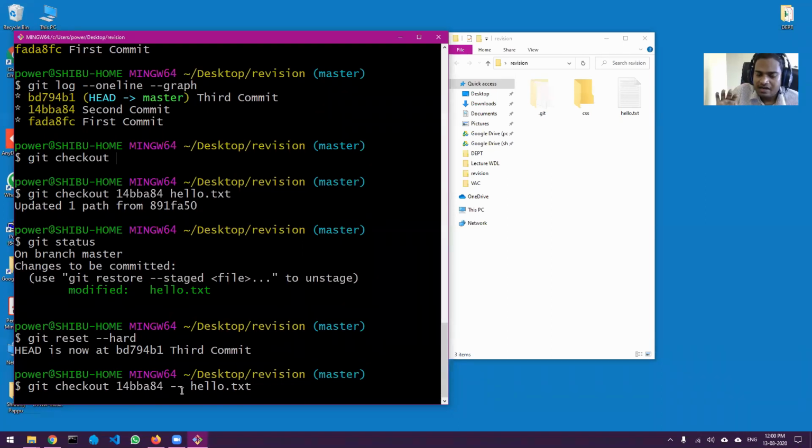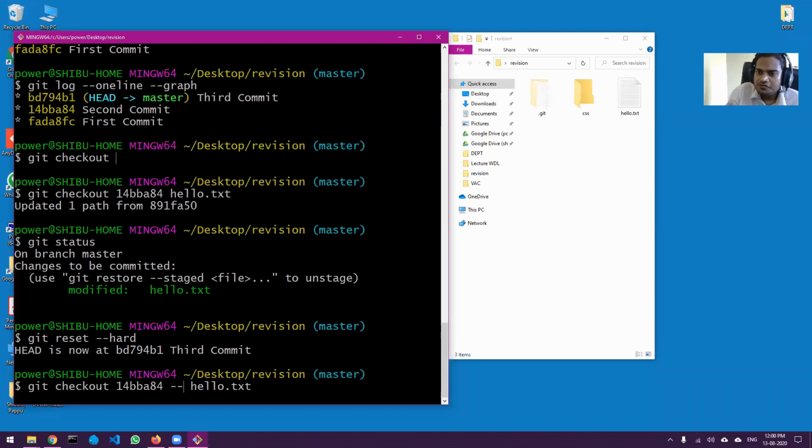It is not required. Just imagine if you don't have the double dashes, then this hello.txt can mean the name of a branch also. You can name a branch hello.txt. So to specify that you are requesting a file only, you can add this.